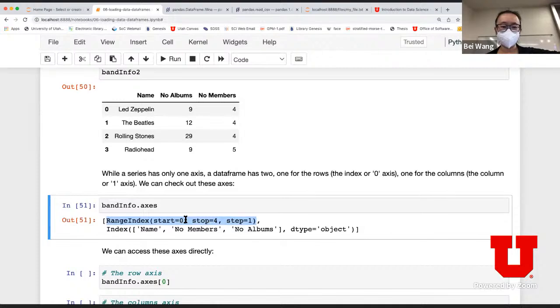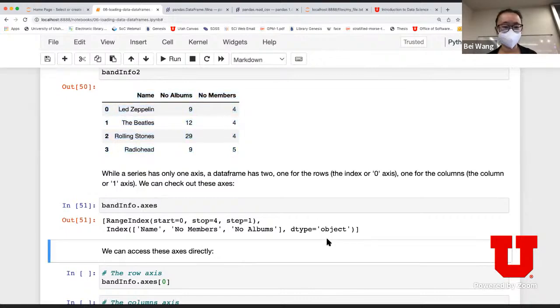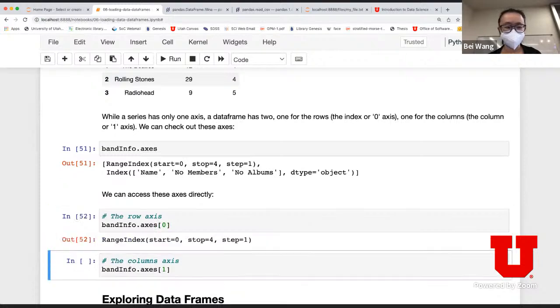It starts with 0, stops at 4, not reaching 4, with a step size of 1. So it says 0, 1, 2, 3. That's the row axis. And now I have a column axis. The column axis has the column names: name, number of albums, number of members, and so on. So now I can access the axis. What does that mean? If I do the axis, it's just to say, tell me what the row axis is.